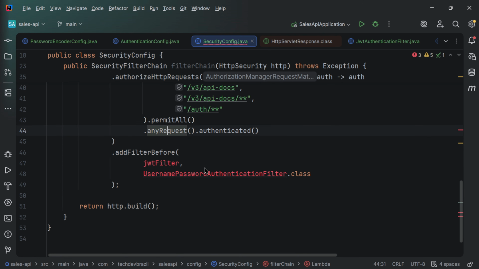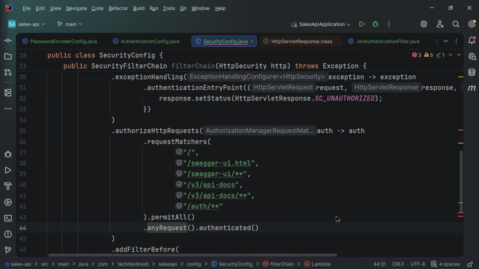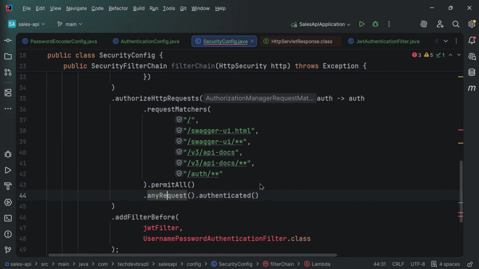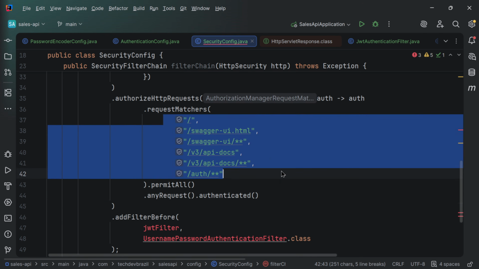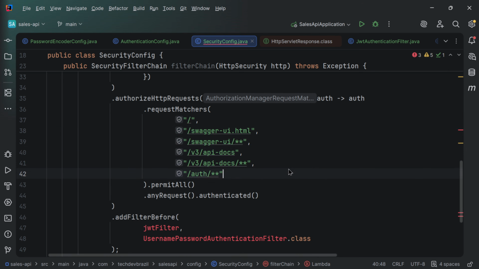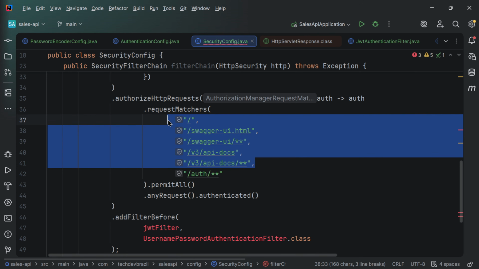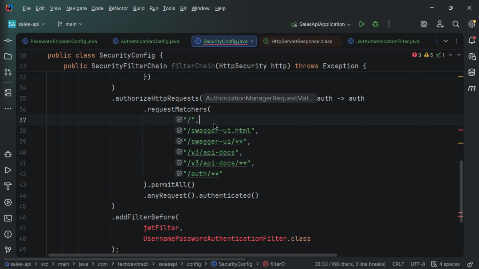So any request we are going to authenticate, so it needs authorization to be accessed. The only endpoints that will be available without authentication will be these methods here. All of these are basically from Swagger, except the home here, but we're going to talk about this